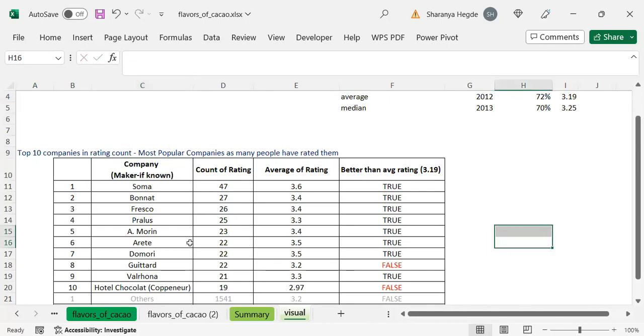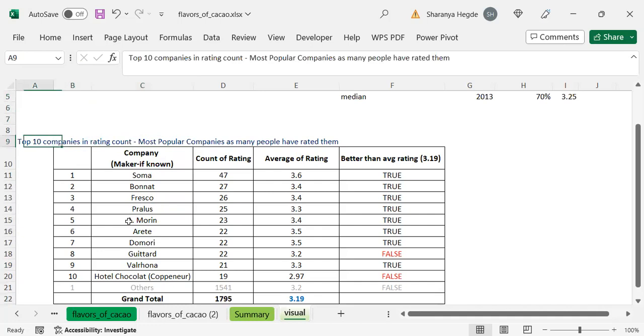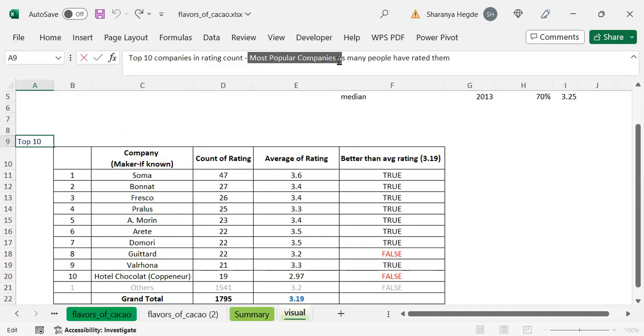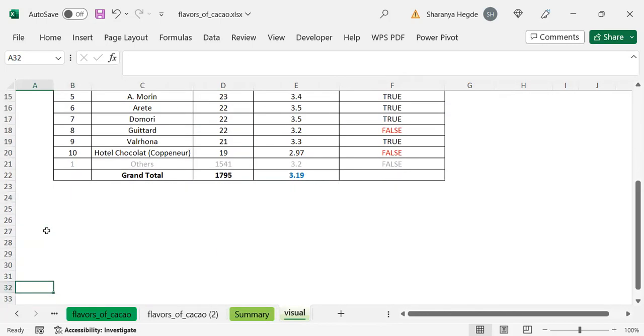Okay. So here is one chart. Now I'm going to do the same thing for the top 10 in rating count, which means popularity, the most popular companies, right? So this is the most popular company if you want to see. And now let's look at top 10